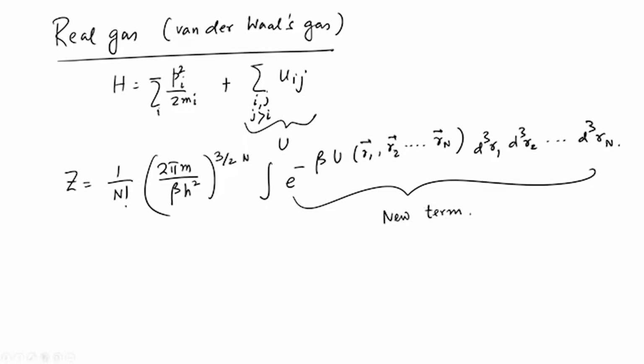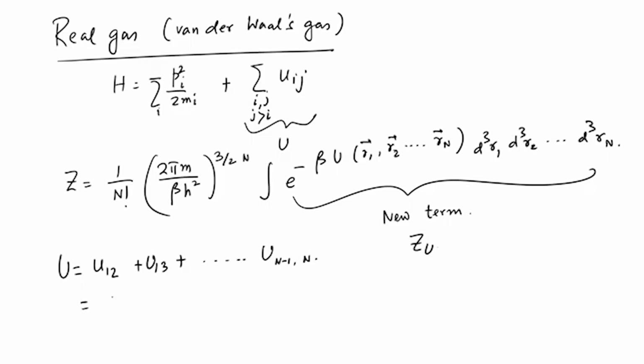So, this is the new term that we have to consider now, and this new term will give rise to the equation of state that we are very familiar with. It is (p plus a over v squared) into (v minus b) equal to RT, instead of just pv equal to RT. So, we write this down and call it Z_u. It is coming purely because of the interaction term, and we have u equal to u_12 and u_13, u_23, and all kinds of terms which are all pairwise terms, of the form